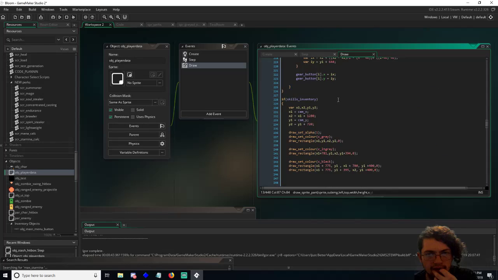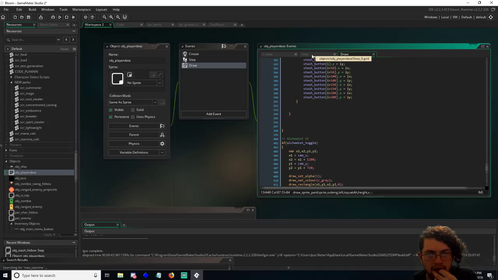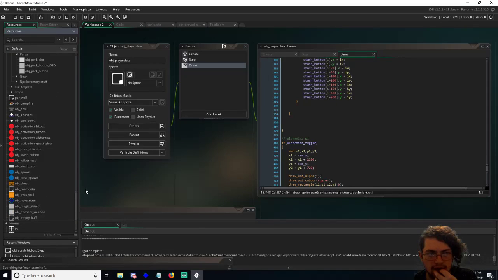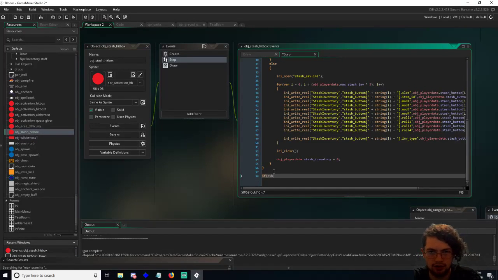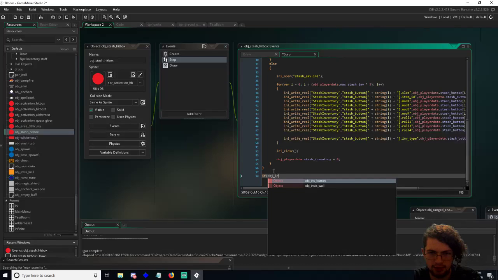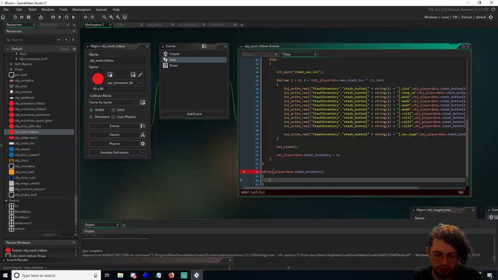Yeah, I think it's here. Stash inventory is where I draw all. I think I want to put this code on the stash object. Okay, so let's put up the toggle. Getting ahead of myself. Player data dot stash inventory. So just if this is true, if that toggle is turned on,